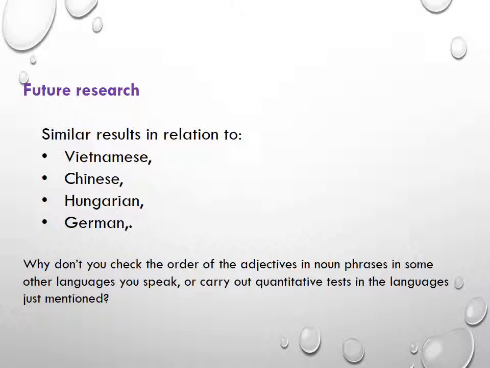Interestingly, similar results, though expressed qualitatively, have been reported in relation to Vietnamese, Chinese, Hungarian, and German. So it seems that the mechanism responsible for the specific ordering of adjectives I talked about represents a rather general phenomenon. Why don't you check the order of adjectives in another language you speak,